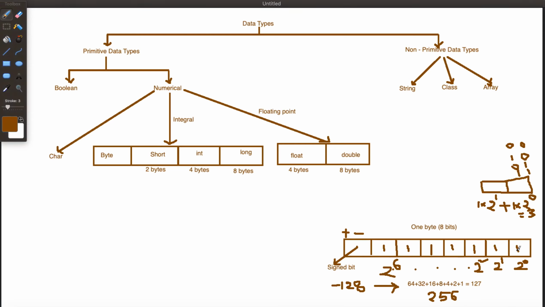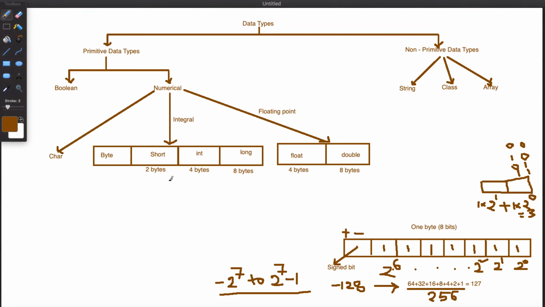Okay, this is the range for a byte. Since the byte has 8 bits, after taking the signed bit out, you have only 7. That is the reason for minus 2 power 7 to 2 power 7 minus 1. This is the byte range.